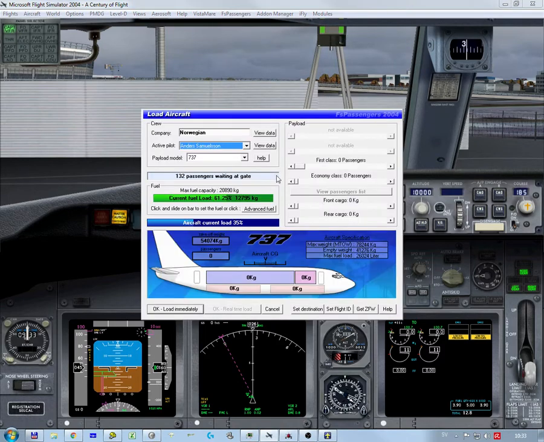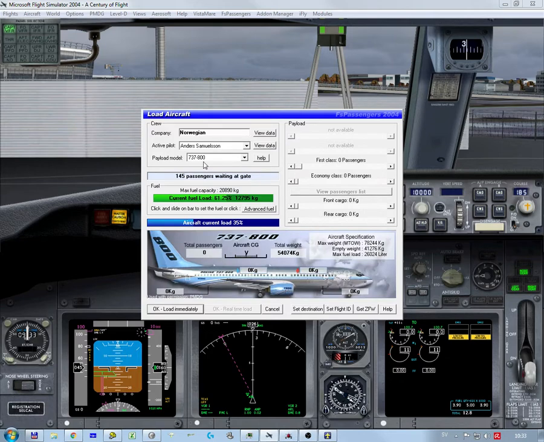Passenger flight, start loading. It's 800. Start one, economy all. 170, so we can put that into TopCat. 170. We'll put about 2,800, 2,900